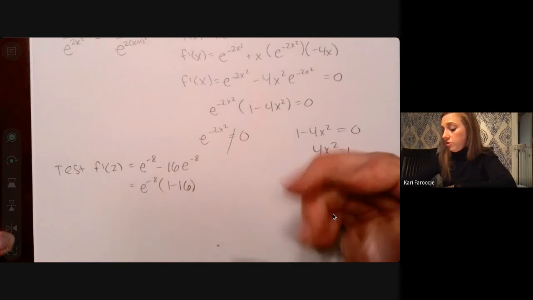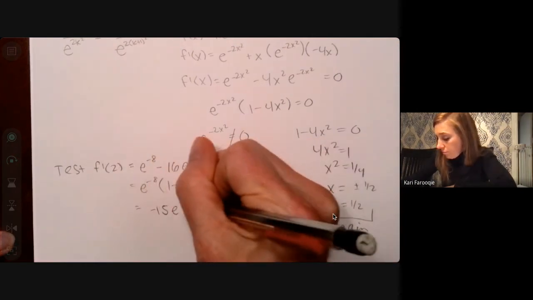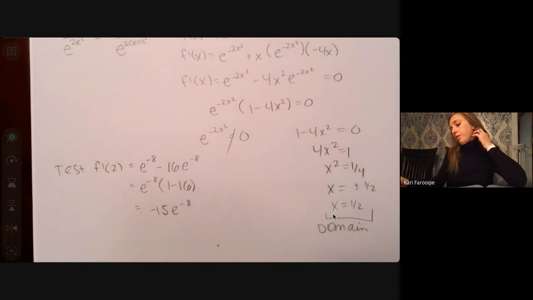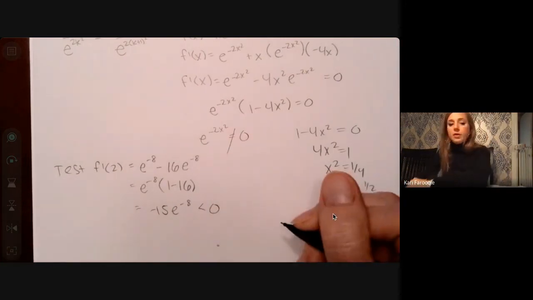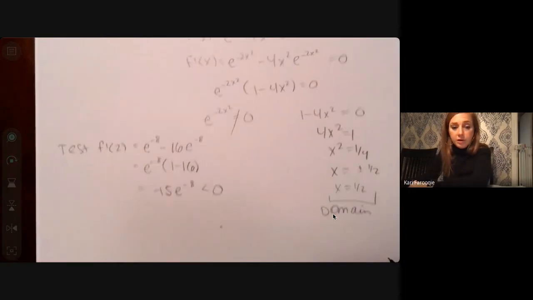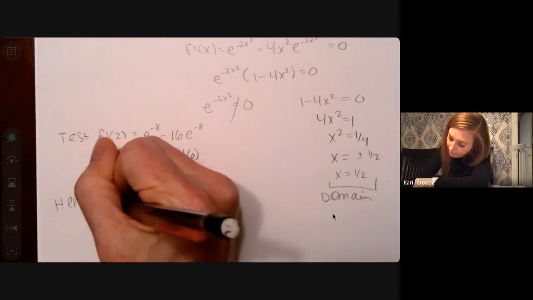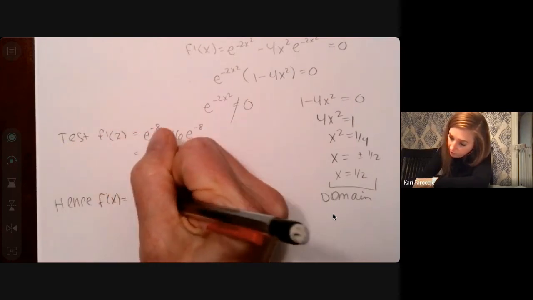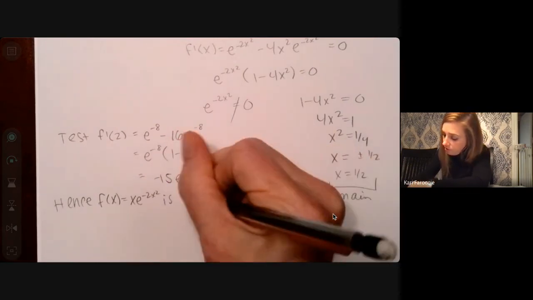However, 1 minus 16 is negative 15. So this is going to be less than 0. So we can say indeed that our function, f of x equals x e to the negative 2x squared, is decreasing